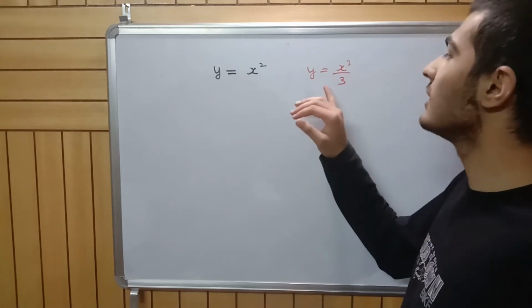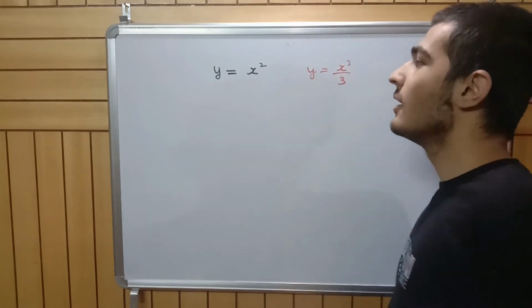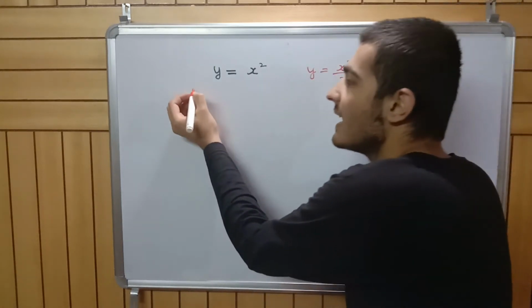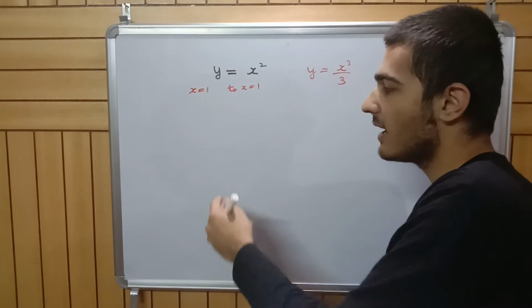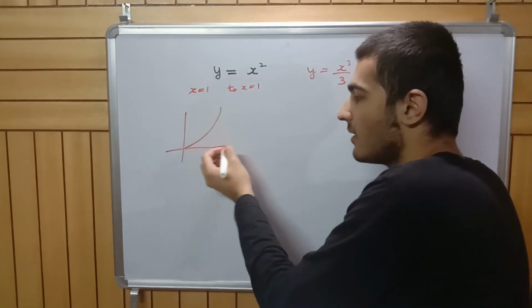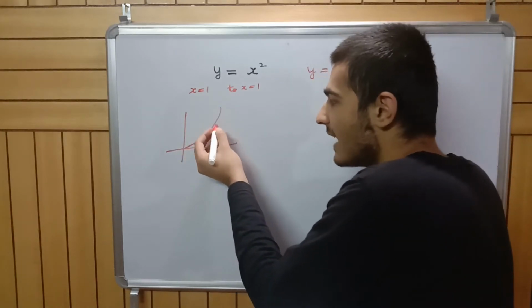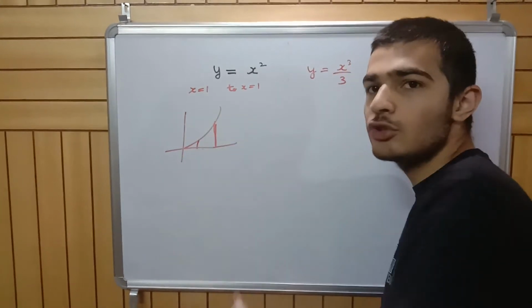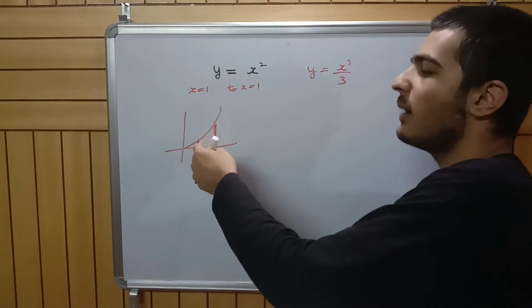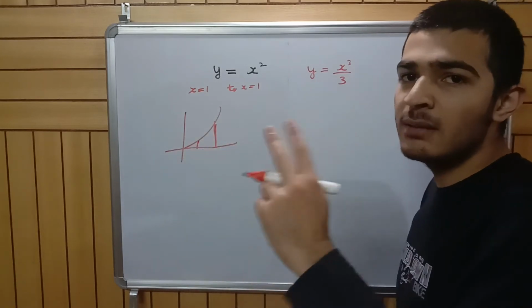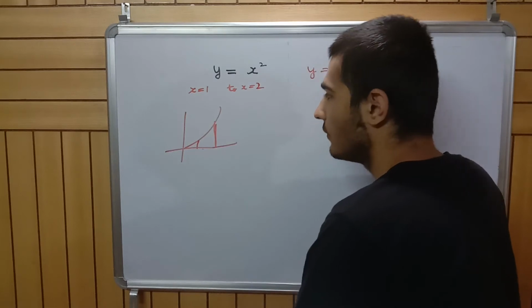So what we're actually doing is applying this curve. If I had to find the area from, let's say, x equals 1 to x equals 2, we need to know two limits, right? If you have some curve, we can't find the area under this curve because that is infinite. We need to know two limits, so let's say this and this, so as to get a closed figure whose area we could then find. Those two boundaries that we were calling till now are actually called limits. The first limit is x equals 1, the second limit is x equals 2.